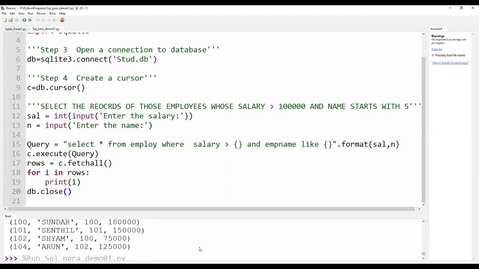Here, there are 3 records which start with S. Whereas when we check the salary criteria, the 3rd record, namely 102, Sham, has a salary of 75,000, whereas my criteria is greater than 1 lakh. So that criteria fails. Moreover, for the other one, the salary is 1,25,000 for Arun, but the problem is the name starts with A there. I hope this particular topic is